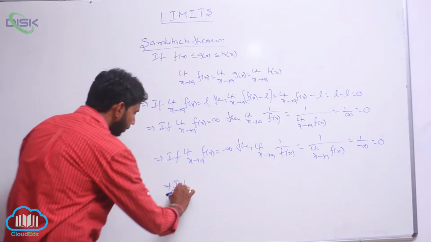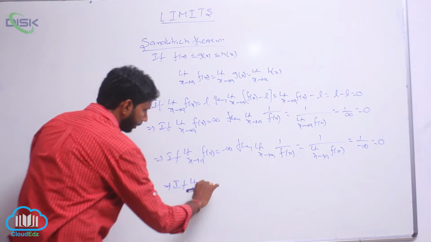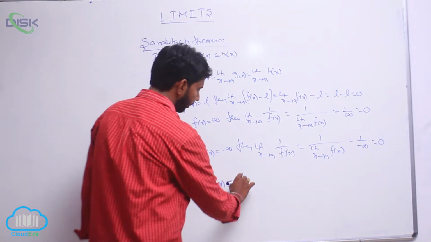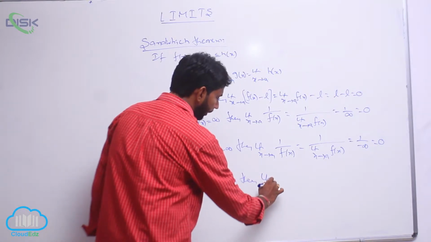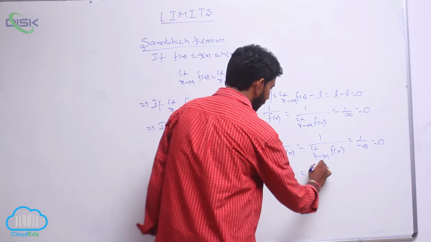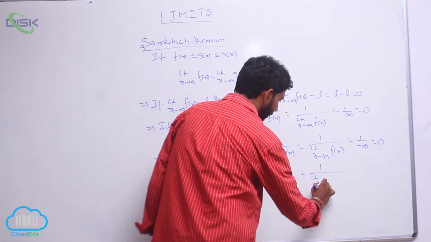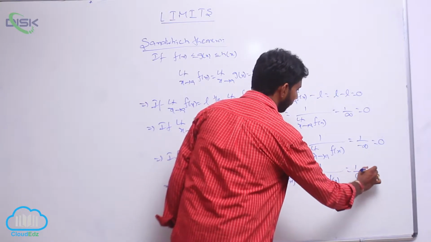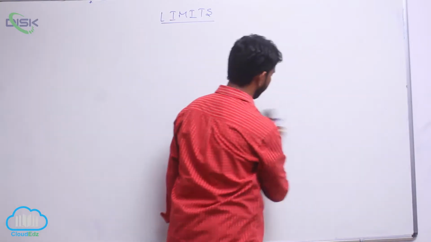Suppose the limit as x approaches a of f(x) is equal to 0, then the limit as x approaches a of 1 by f(x) is equal to 1 by the limit as x approaches a of f(x), that is equal to 1 by 0, equal to infinity. And next one,